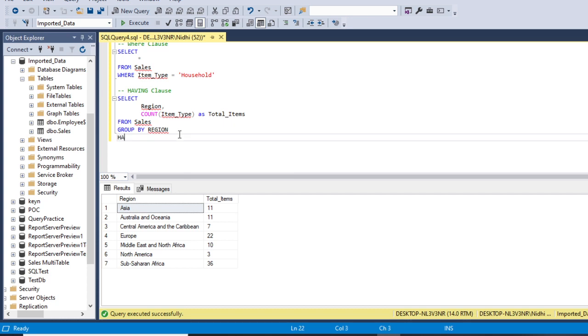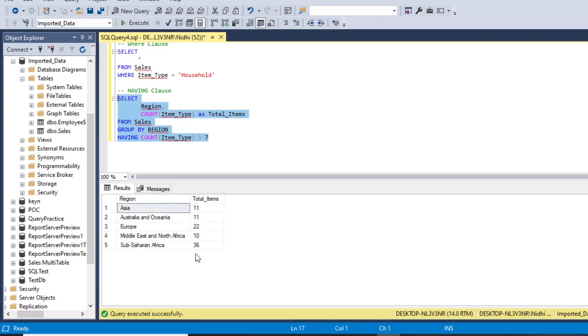So we will use having on our aggregated data, which is count of item type, is greater than 7. So let's run this code. Now as you can see, we have got only those rows where our total items are greater than 7. So whenever we have to filter our aggregated data, we need to use the having clause.